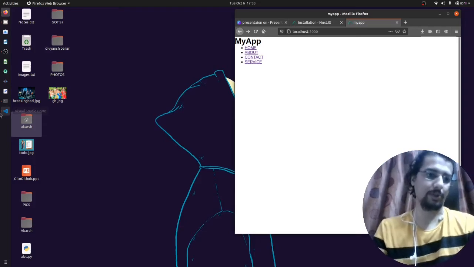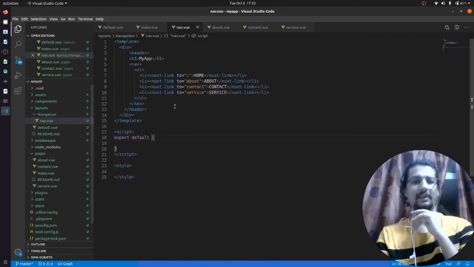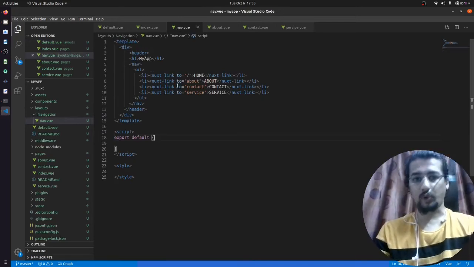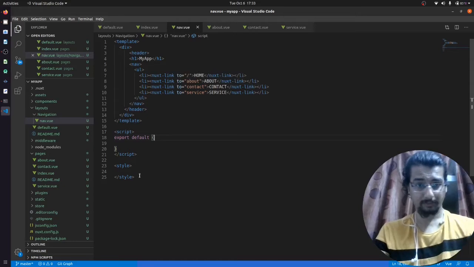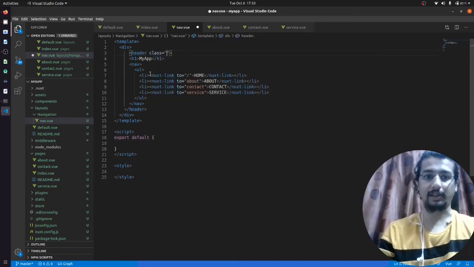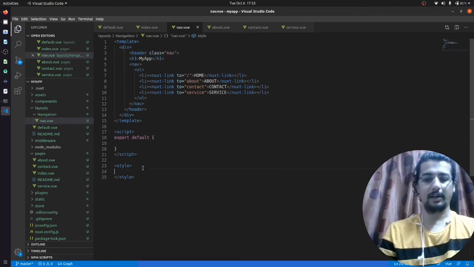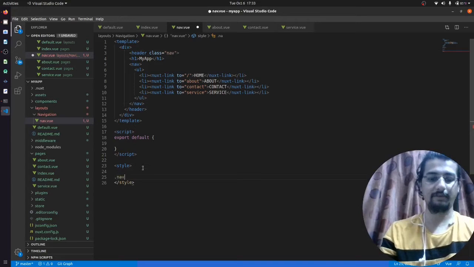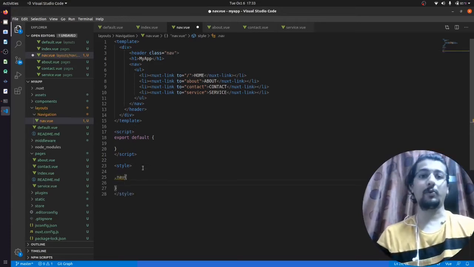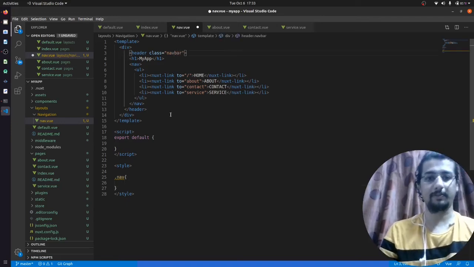Now what we can do is that we can just add some CSS to our navigation part. So we will just give it a class. The class will be nav. Okay, and inside that style the nav will have some properties. Nav is same as this nav bar.